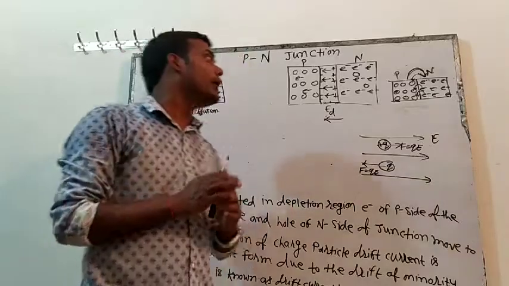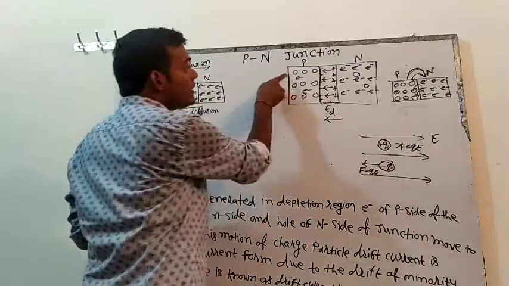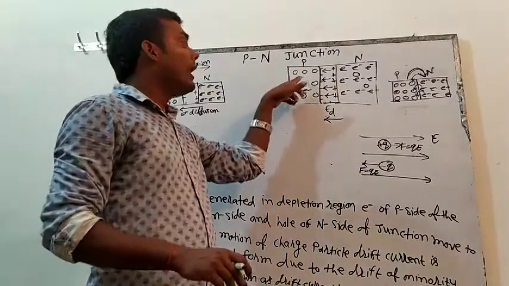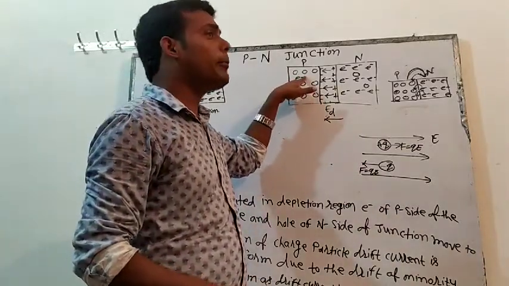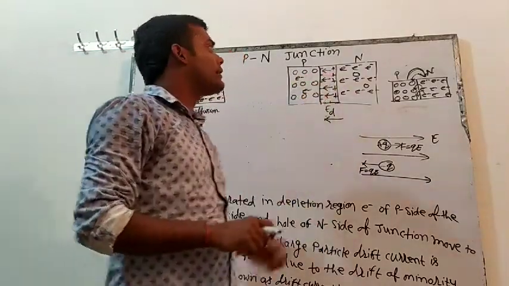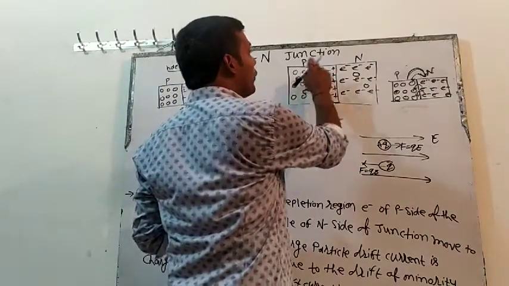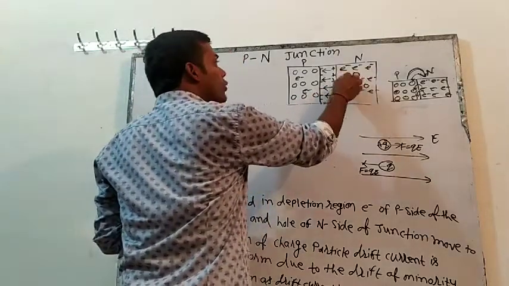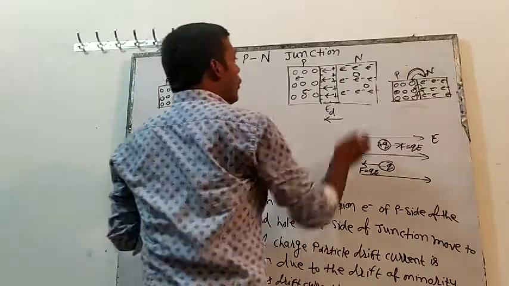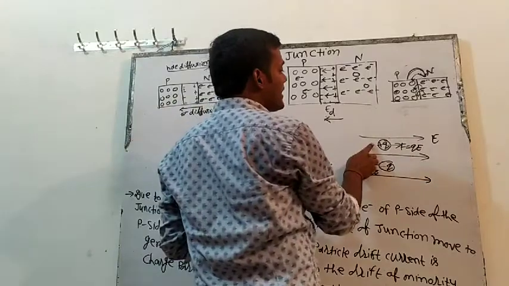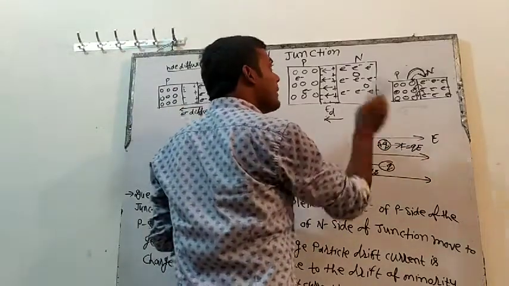Now think about the minority carriers. In P type, who is the minority charge carrier? The electron. Can the electron move? This is a negative charge, and a negative charge moves in the opposite direction of the field. The field is in this direction, so this electron can go from P to N. Likewise, think about this hole, the minority charge carrier of N type. A hole is a positive charge carrier, and a positive charge experiences a force F equal to QE in the same direction as the electric field.